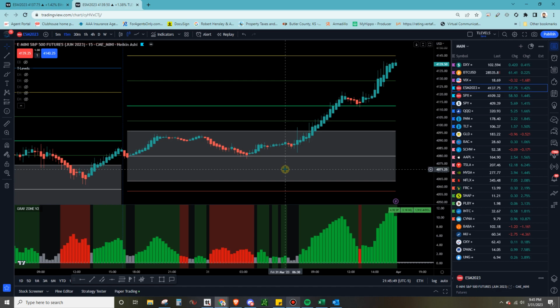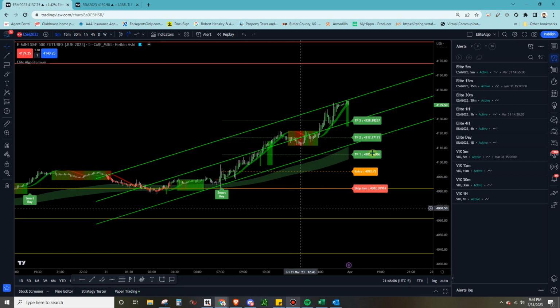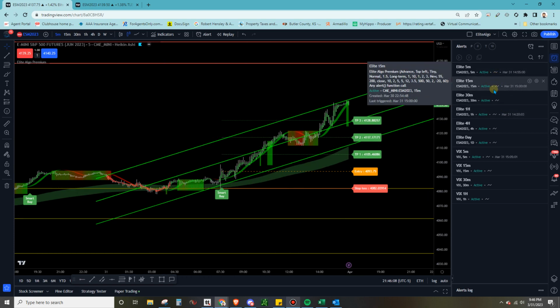Now, I've done really well with TLevels, and I like it a lot. I've been using it a lot. I really love the gray zone and the T-level combination. I've been using a system like that for a long time, so it just jives with me. It just fits perfectly. But with Elite Algo, I can set an alert on different time frames